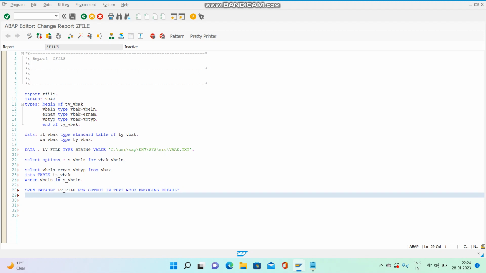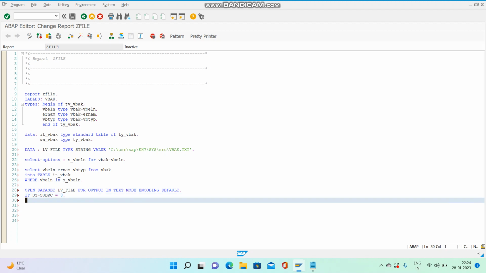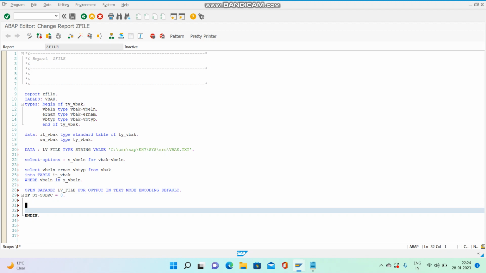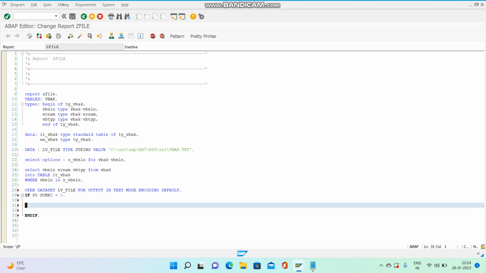Now we have to check if the opening has been done successfully. So we are going to check if sy-subrc equals 0. There is a possibility that the file is not opened, so we first do a check here. If sy-subrc equals 0, then only are we going to execute whatever is inside this IF statement. So if sy-subrc equals 0, now we have the data in